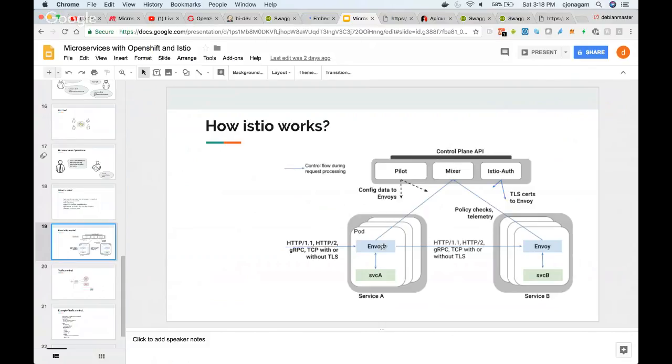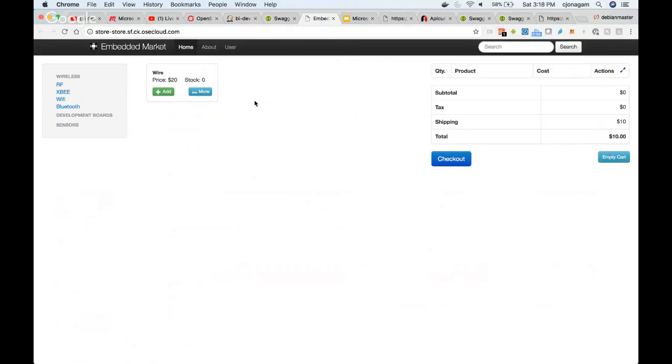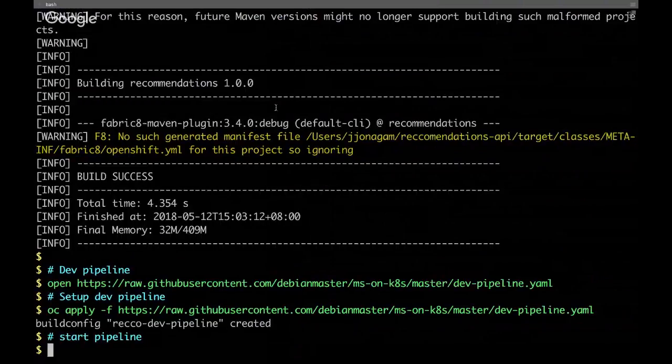Let's take a look at how we can use this Istio control plane to control traffic for our deployed recommendations microservice. Let's say in my case, I don't want to introduce my newer recommendations microservice. I want to still route to my old service itself. To do that, all you need to do is